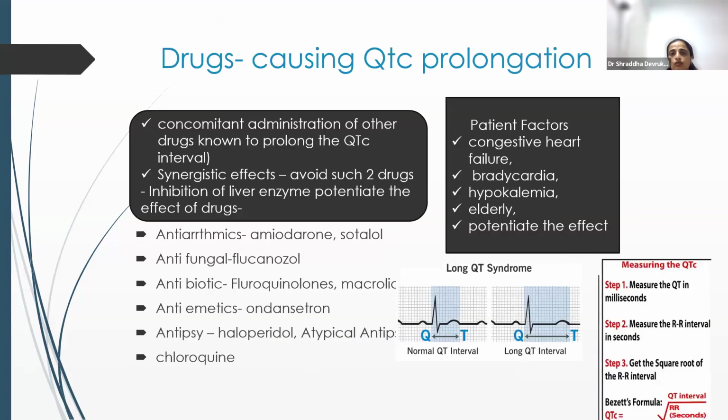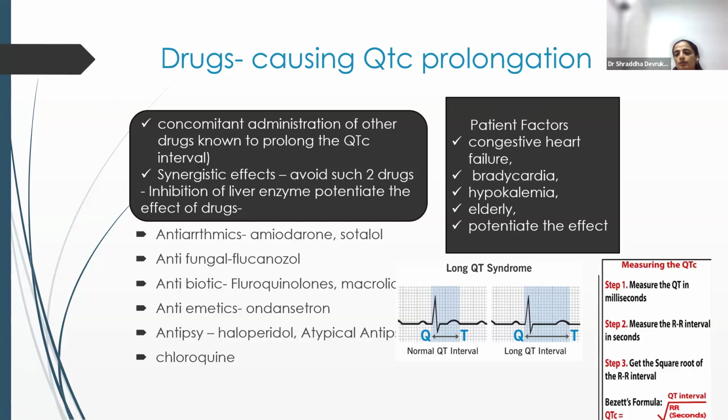So let's talk something about QTc prolongation. Anything more than 420, 450 is considered abnormal. Any two drugs which are concomitantly administered can prolong QTc with a synergistic effect. Suppose you are given some drug which inhibits the liver enzyme, that drug can enhance its effect and precipitate toxicity. There are also patient factors which are problematic, like your congestive heart failure, bradycardia,